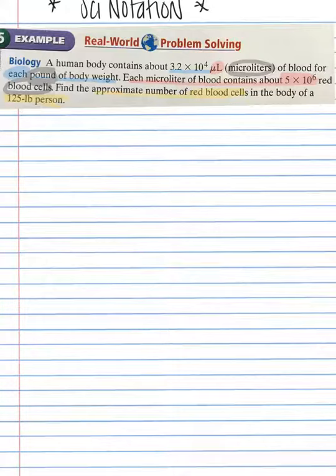Well, let's write down what I know. I know 3.2 times 10 to the 4th microliters, and I know that that is per pound. Right up here, each pound has that many microliters of blood. Each microliter of blood contains about 5 times 10 to the 6th red blood cells. All right, so I know 5 times 10 to the 6th red blood cells